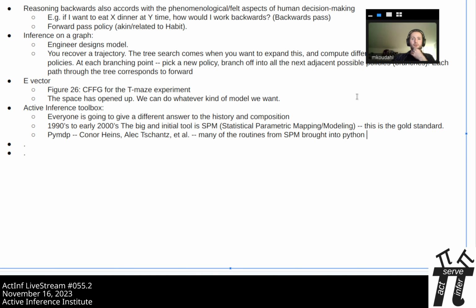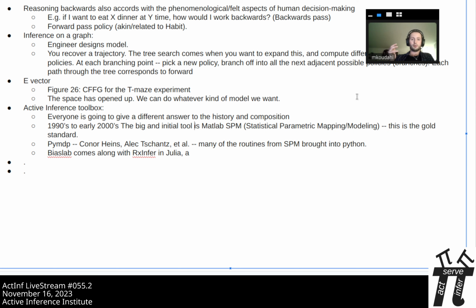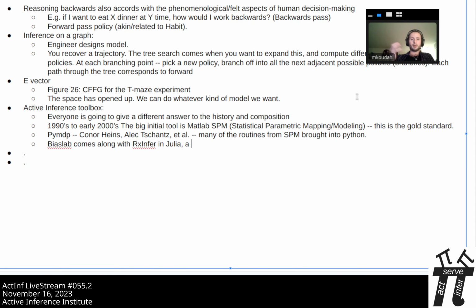That will, to my mind, be the two big active inference toolboxes. In BIASlab, we have RxInfer, which is a general purpose message passing toolbox. So it is not specifically an active inference toolbox. You can use it to do inference, and you can use it to do a lot of things that we would like to do for active inference.